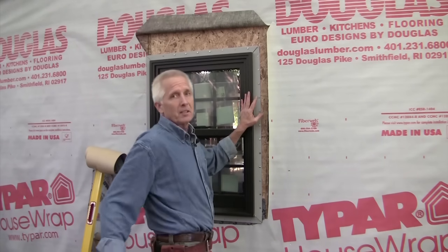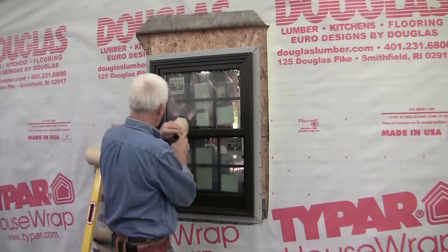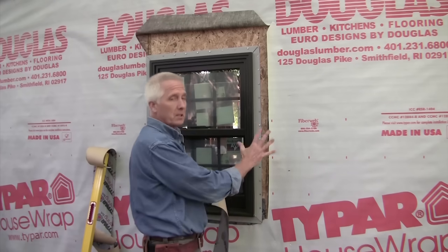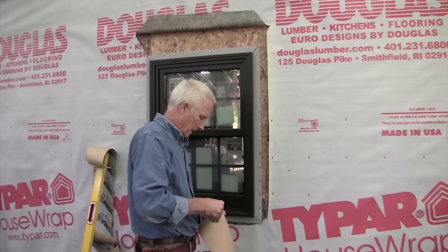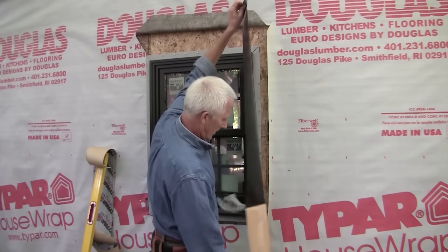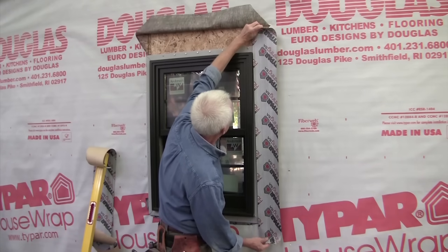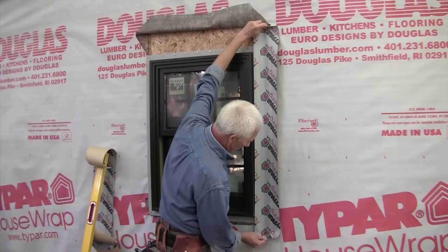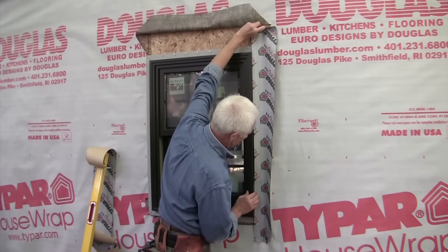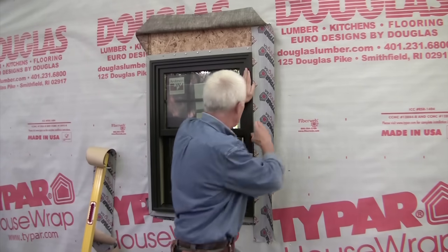Now that it's all fastened, it's time to put on the rest of the flashing tape. For the sides, which you do the sides first, you start with the bottom, do the sides, finish up with the top. The sides, you cut so they extend up past the top flange and past the bottom flange a good few inches. And also, what I'm going to be doing, because I want to protect the transition, the corner on the inside